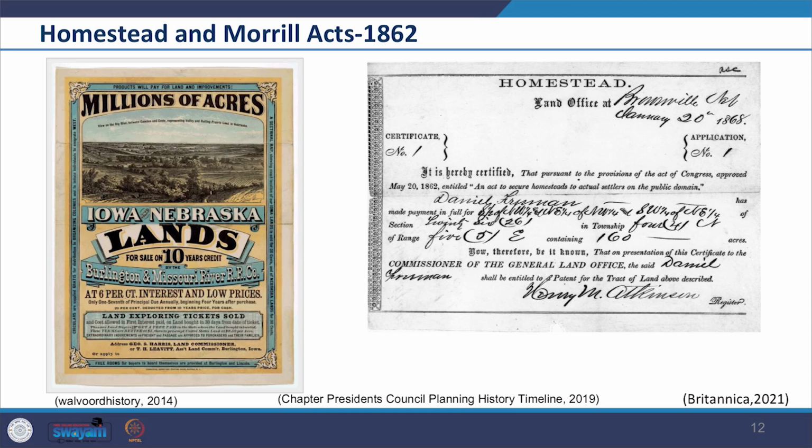President Abraham Lincoln signed the Homestead Act on May 20, 1862, and in January 1863, Daniel Freeman made the first claim under the Act, which gave citizens or future citizens up to 160 acres of public land, provided they lived on it, improved it and paid a small registration fee. The government granted more than 270 million acres of land while the law was in effect. So we see here the document of the Act.